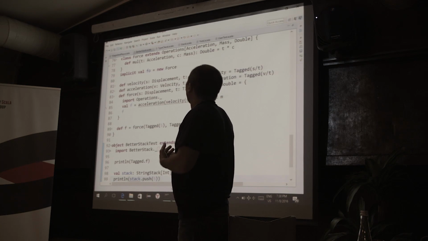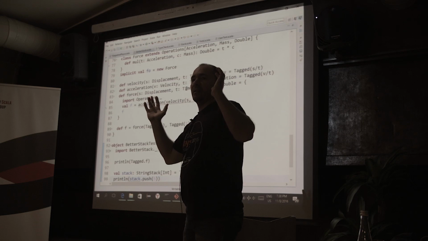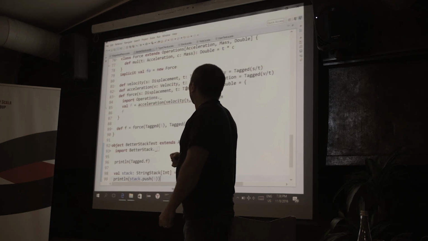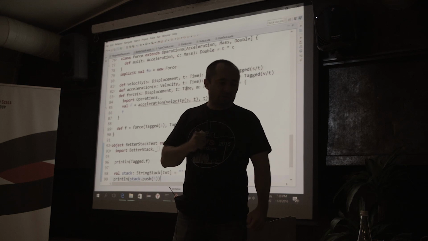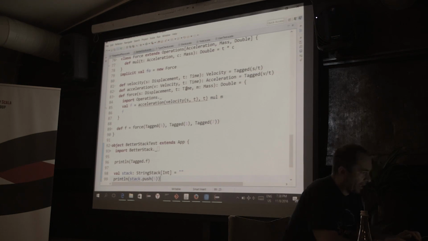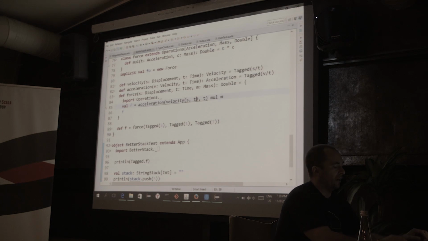Yes, all of them are integers in my example. They are numbers, nothing else. Yes, but I would like to have these numbers in correct positions. So I would like to be guarded against the situation that I will put here S, and here I will put T. Yes? And I will get a compilation error because